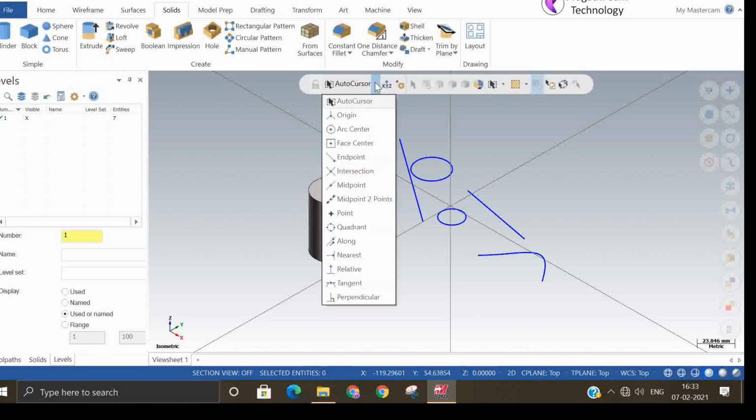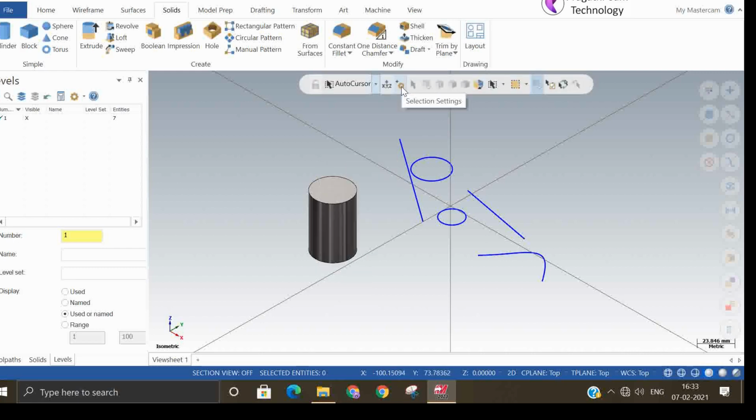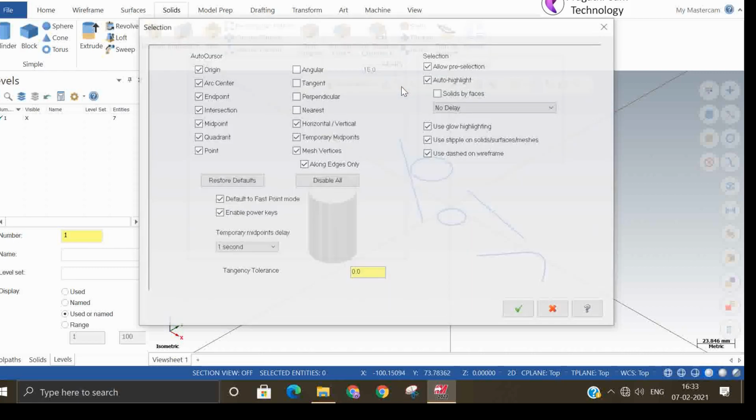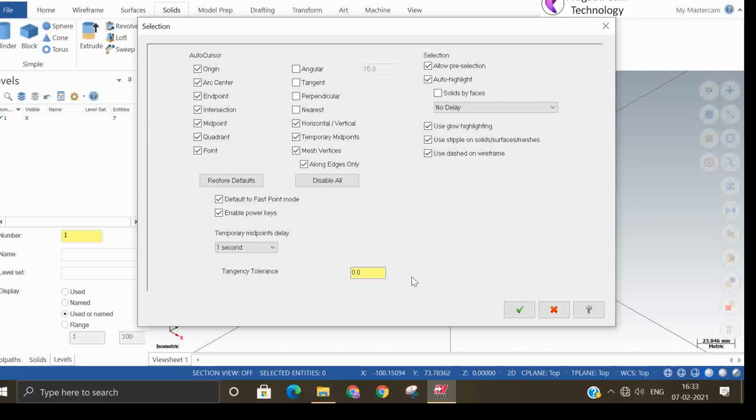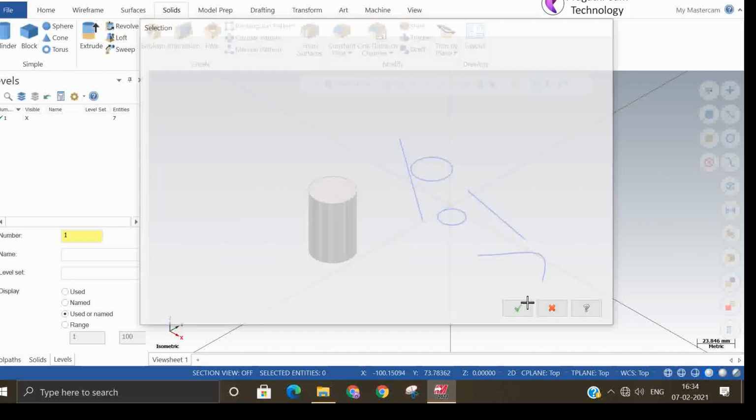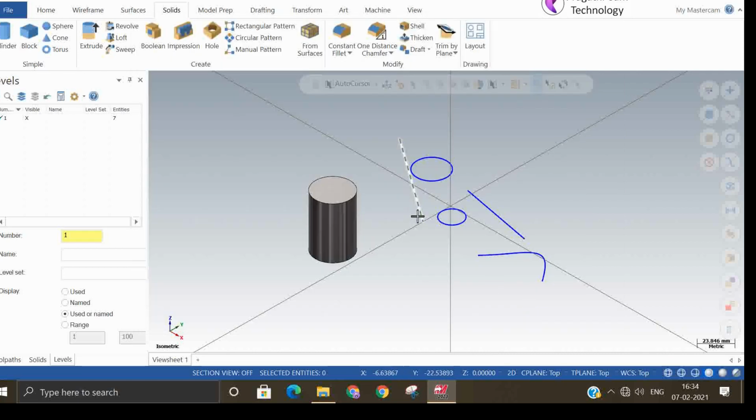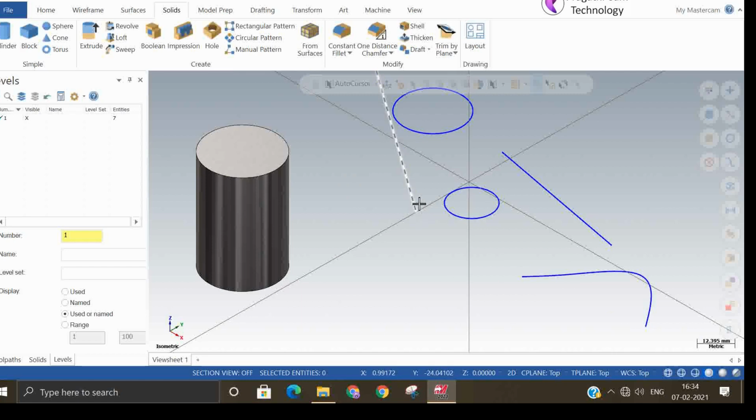So now the default auto cursor setting is available here. Whatever the picking point of the auto cursor, you can switch on over there. So now if you go near to the end, it will hold, you see.